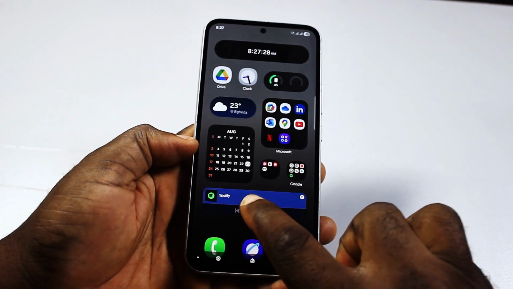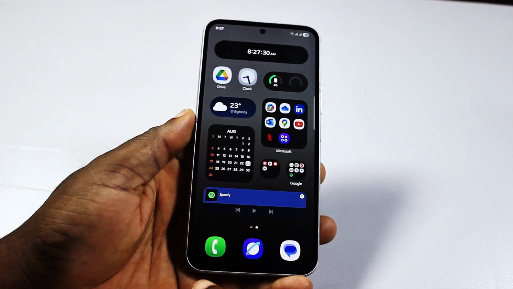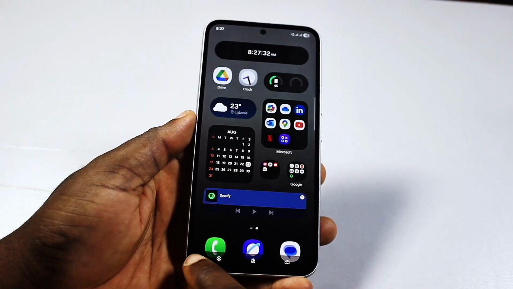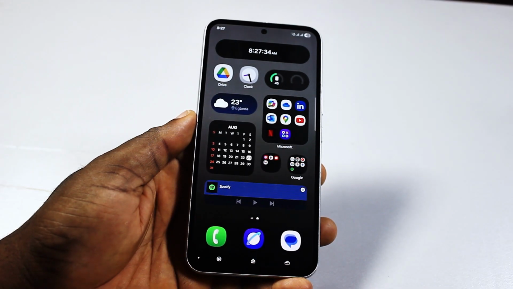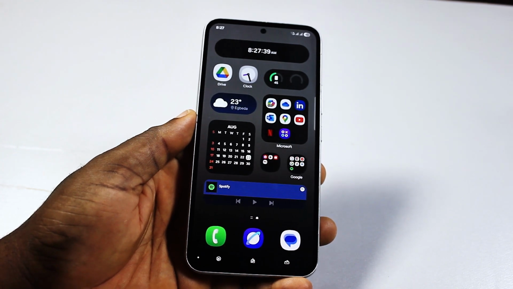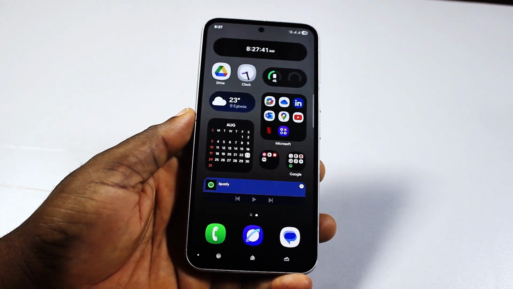To unhide it, just swipe up and then locate the dot at the bottom left and click on it twice. Then this is going to hide the navigation bar or navigation icons on your Samsung. So that is exactly how to hide